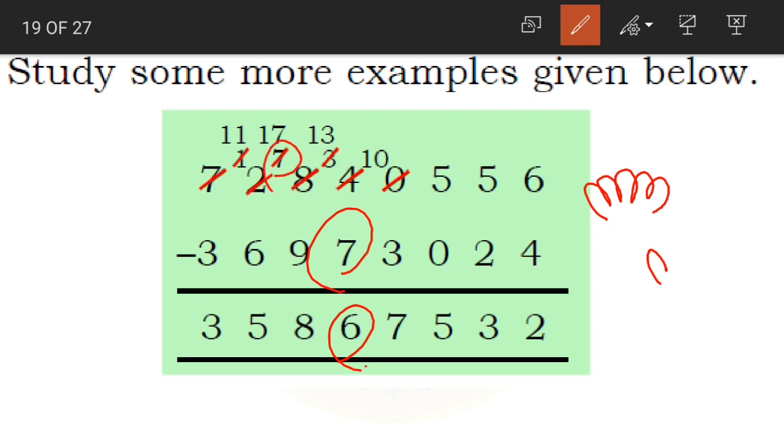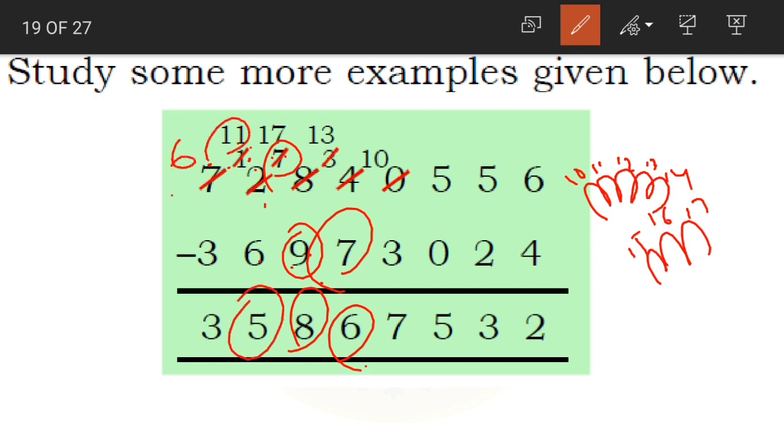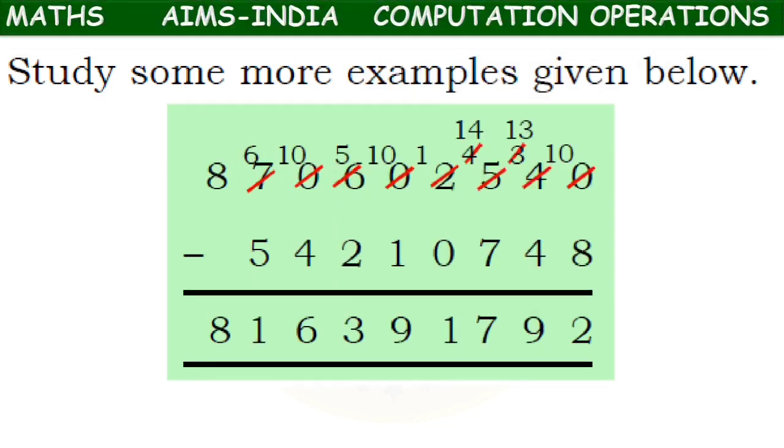Now next, 7 minus 9. 7 minus 9 is not possible. So again we will borrow. 7 becomes 17, 2 becomes 1. 17 minus 9. After 9 you have 10, 11, 12, 13, 14, 15, 16 and 17. How many fingers? 8. So 17 minus 9 is equal to 8. Now 1 minus 6 not possible. So again we are borrowing. Yes, 1 becomes 11, 7 becomes 6. 11 minus 6, 5. Lastly 6 minus 3, 3. Clear, children? This was just an example for you to study.